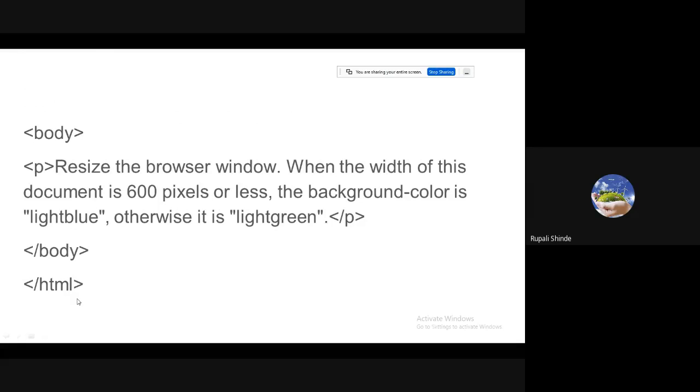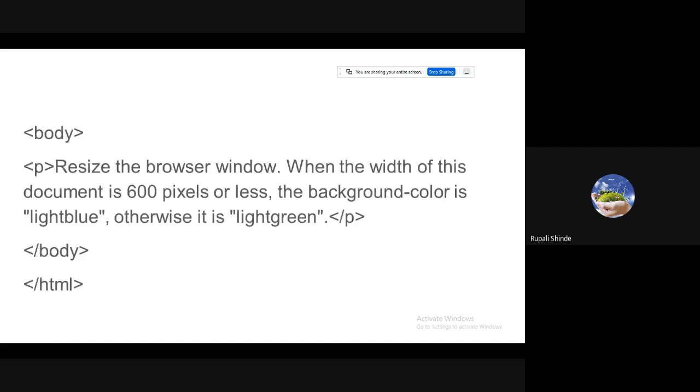Okay, then we have the body tag. Resize the browser window: when the width of this document is 600 pixels or less, the background color is light blue. Otherwise, it is light green. Maximum width 600 pixels, that means below 600 also it is light blue. Otherwise, light green.